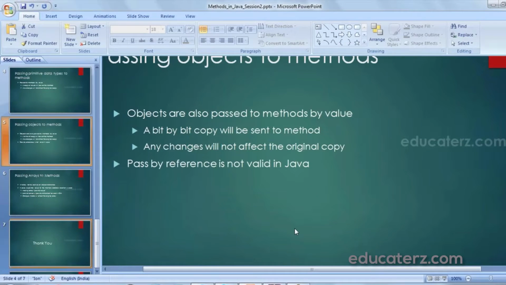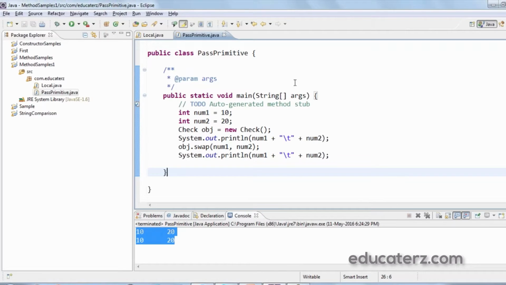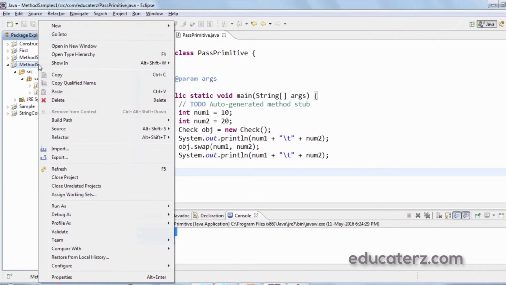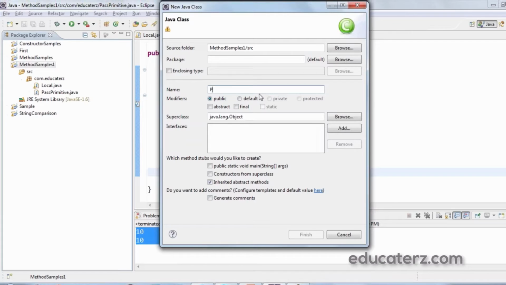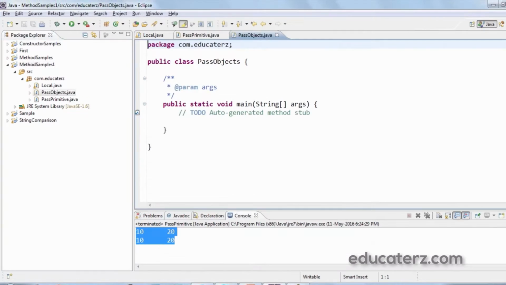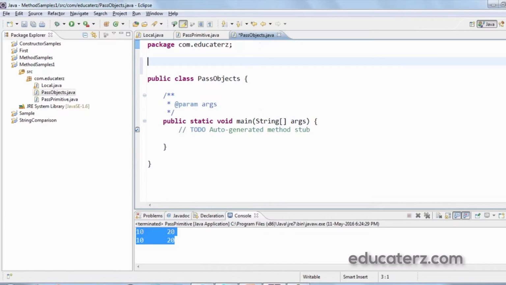So we need Eclipse for that. Here I will create another class, say PassObjects, with a main method within the same package. Before that, in the main I need objects, and for that I need a class.